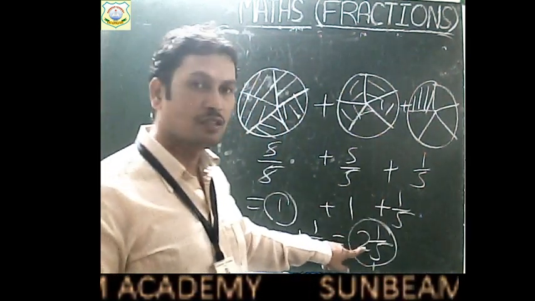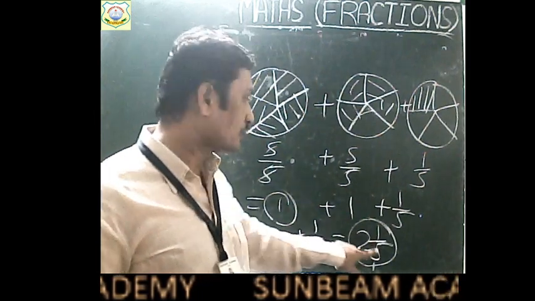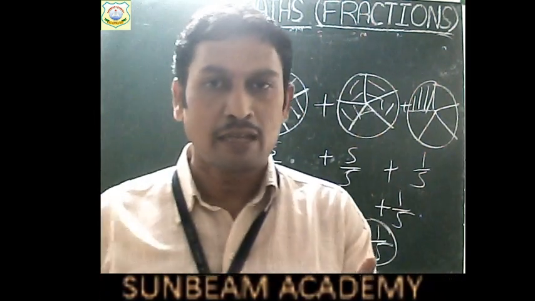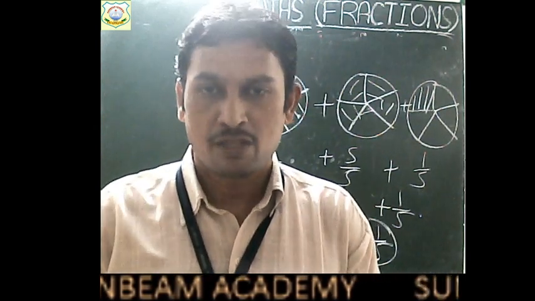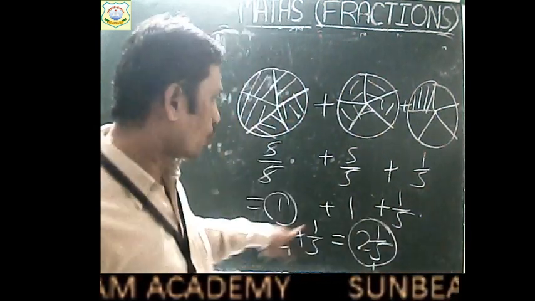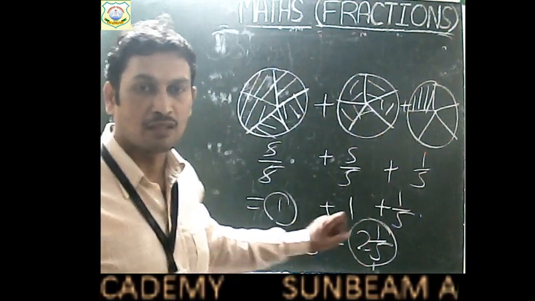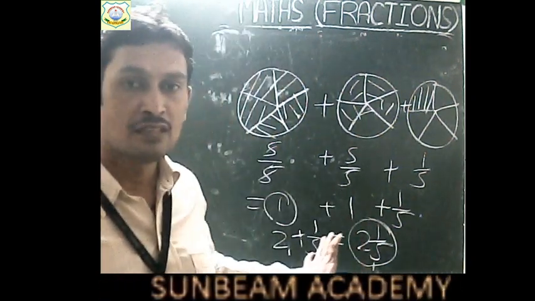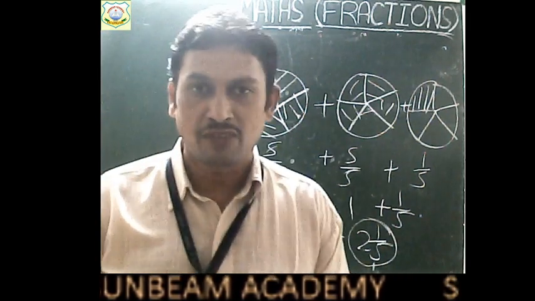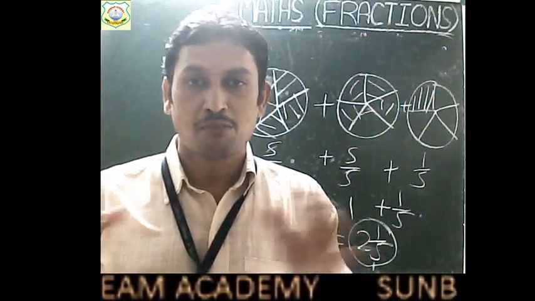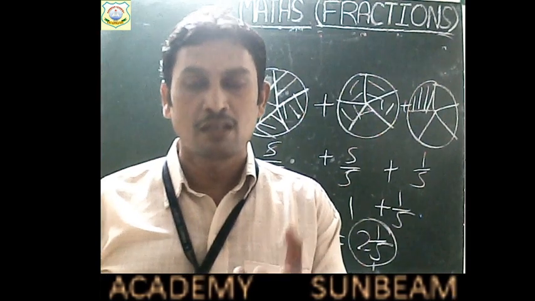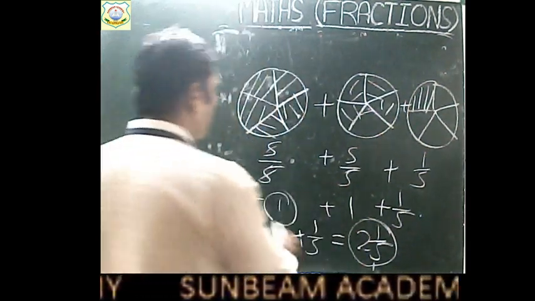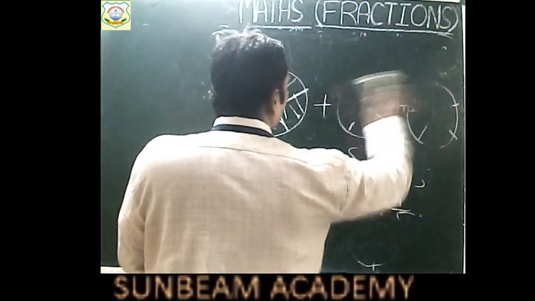You have got 2 apples as a whole, and in the third apple you are getting only a part. So you are getting one whole part and one fractional part. So when we combine them, a whole number with a fraction number, then we get a new type of number. And what type of number is this children? This is a mixed fraction. So in this we have combined a whole number with a fractional number. Right children? So this is the next topic that we have to discuss before we move to the next question.